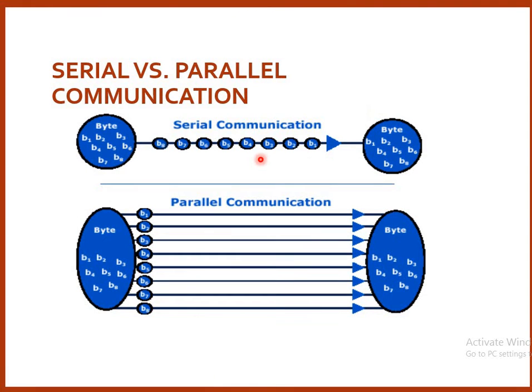Here the figure is shown for serial communication and parallel communication. In serial communication, this is the first workstation from where we are transferring the data to the second. In serial communication the data is transferred byte by byte. Here there are 8 bytes starting from B1 to B8. It transfers the bytes one by one, B1, B2, B3, B4, B5, B6, B7, B8, and in the same way we receive the data at the receiver. So this is serial communication. The example is USB. The second one is parallel communication. In parallel communication, all bytes of data are transferred in parallel to the receiver. The example of parallel communication is the printer connected to your computer.